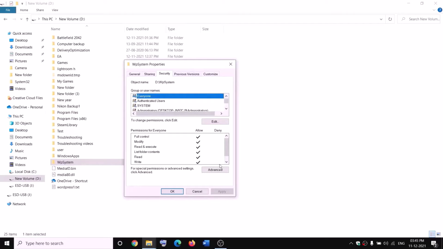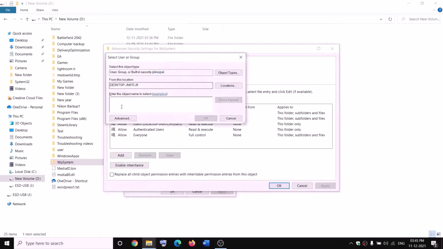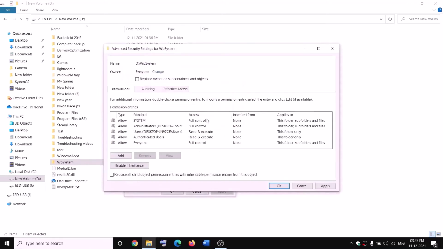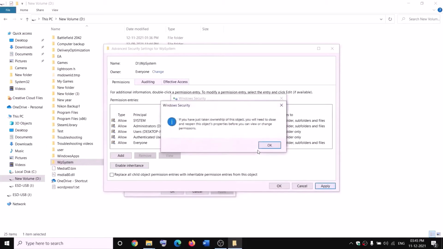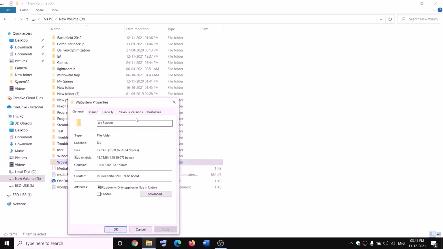So go to security tab and then click on advanced. Now click on change over here and then type in everyone over here, and then click on check names, then click on OK. Now put a check on the box which says replace owner on subcontainers and objects and then click on apply. OK, OK, OK, and then again make a right click on WP system folder, select properties once again, go to